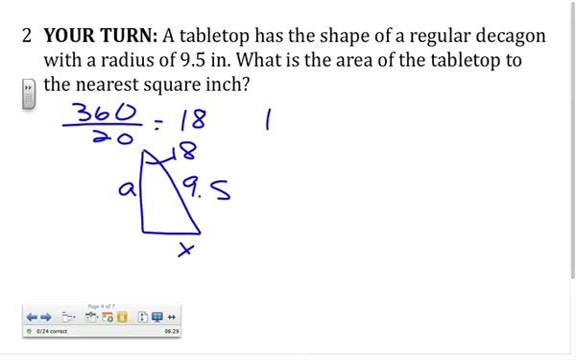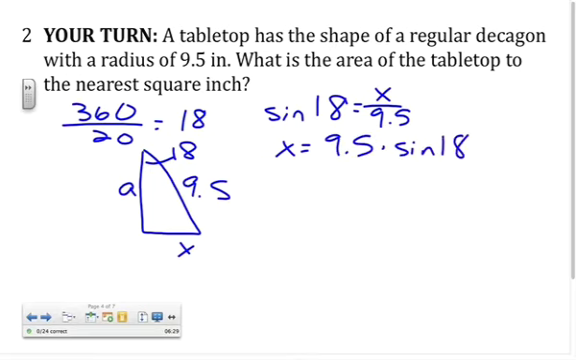The sine of 18 is what you would use to find x. Some of your answers were approximately half of the correct answer. Perhaps you're realizing you forgot to multiply this x by 2 when you solved it. That's a common mistake that could happen. Okay, so x will equal